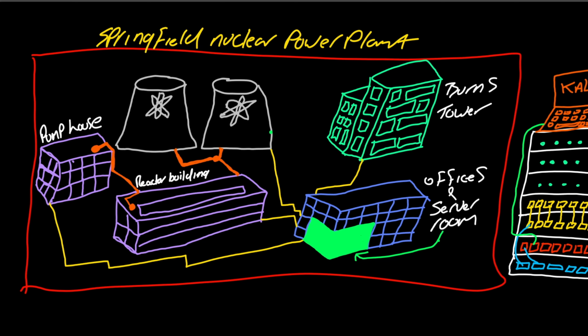So this is part 2 in our little power plant pen test simulation. In the first video, if you haven't seen that, I'll leave a link in the description. We managed to capture a hash for Homer. We left it there. So in the first one, we did some initial enumeration on the domain from an unauthenticated